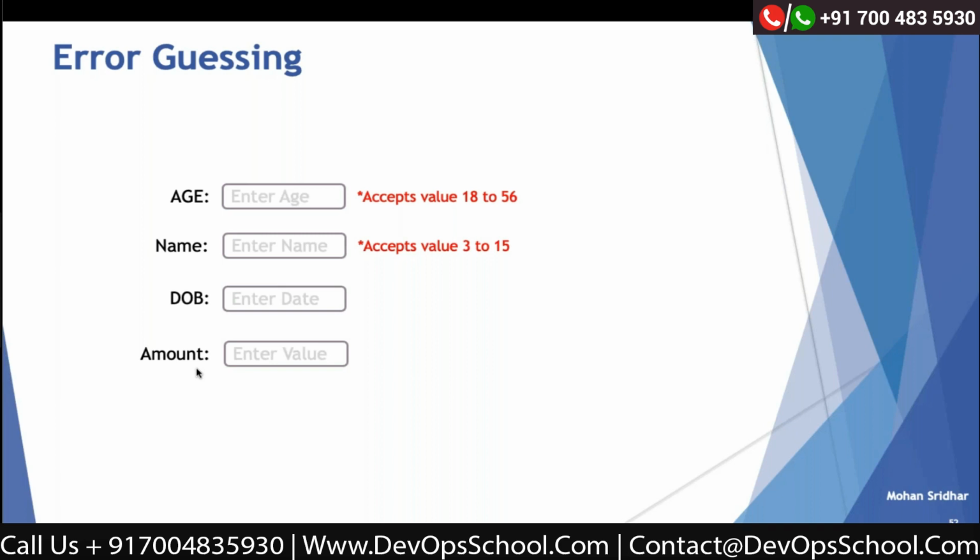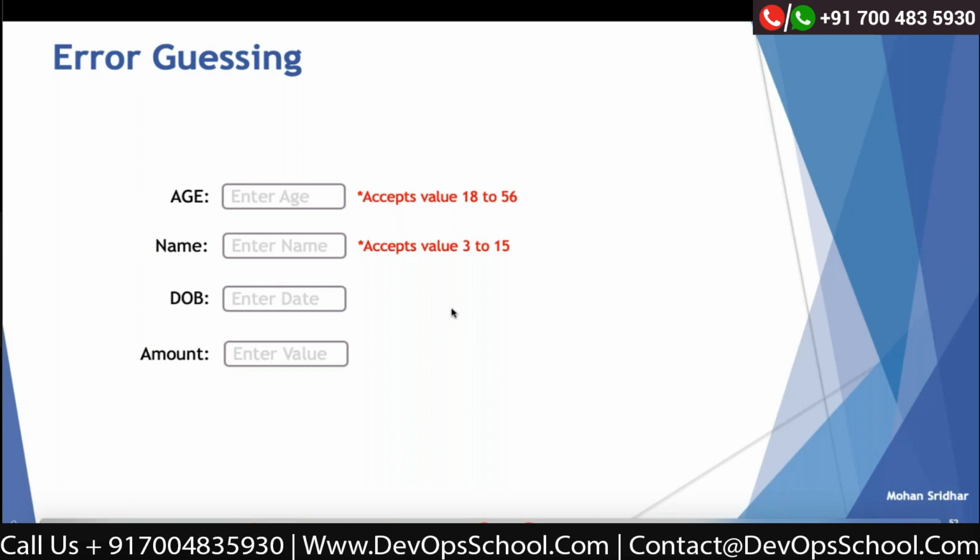You guess some errors. Apart from that, can anyone predict? A good tester organization will expect some suggestions from them. What suggestions can you give for this date of birth?